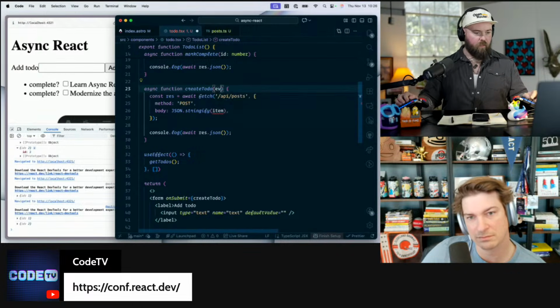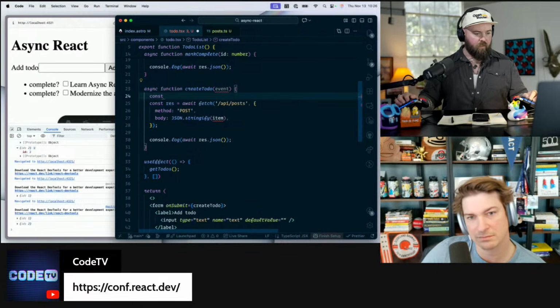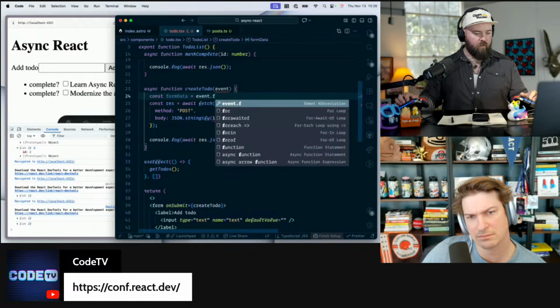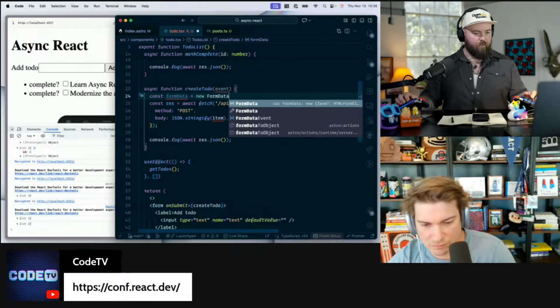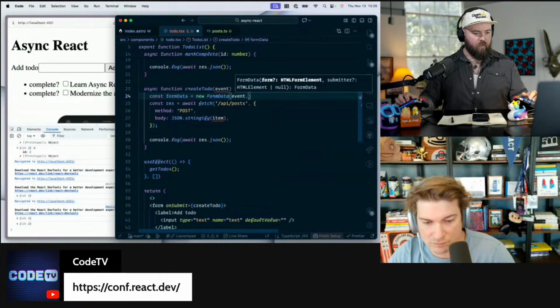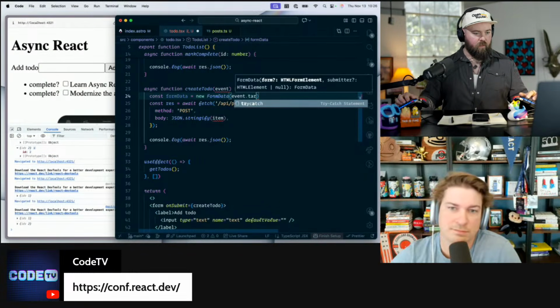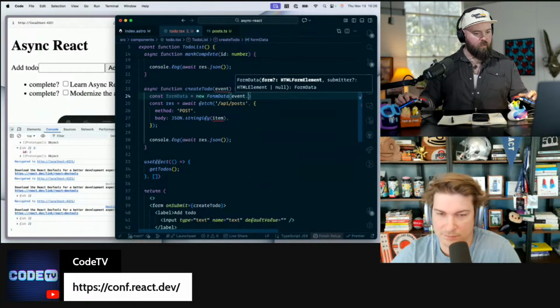And that's going to be the event, and then the form data is going to be event.target.formData. No, new FormData of the event. Target, currentTarget? Is it just the event? No.